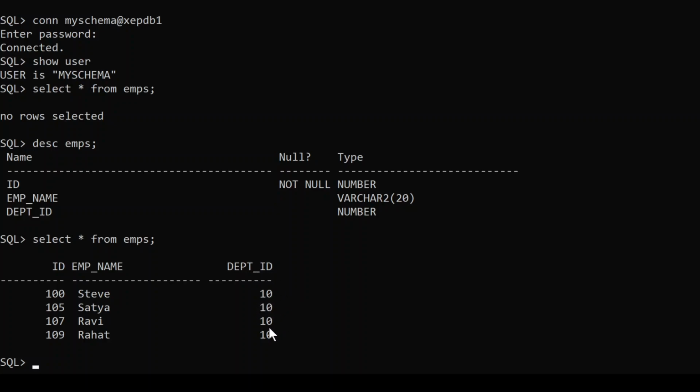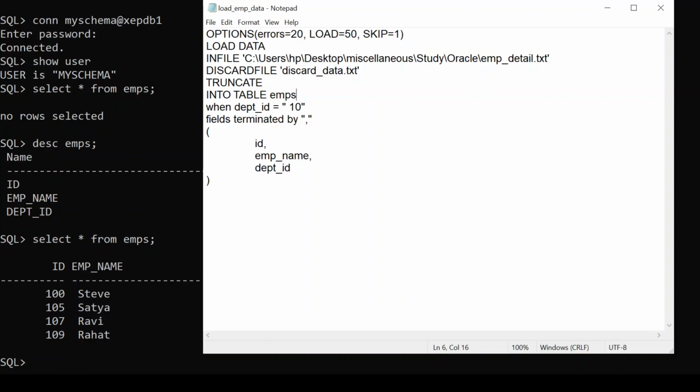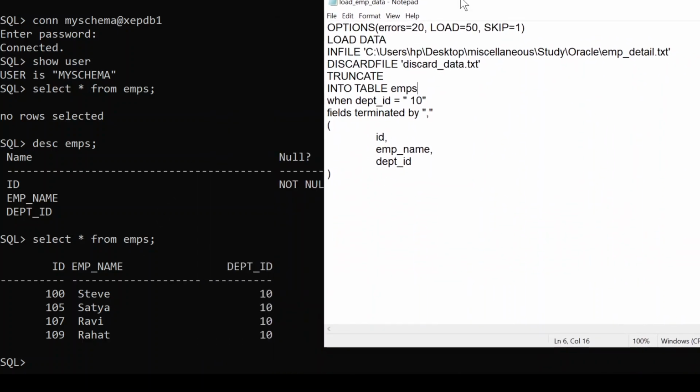DPT ID is 10, because in the control file we put when department ID equal to 10. So that's why it inserted only those 4 records, because only these records have department ID equal to 10.